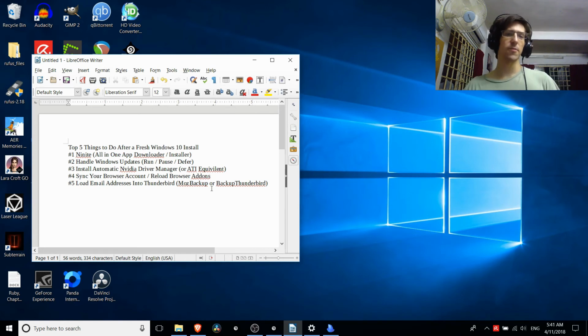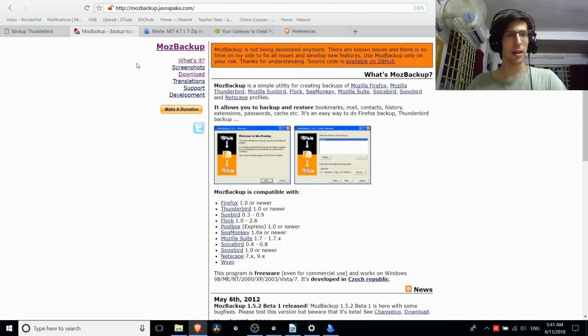So number 5 is for anyone who uses an emailing client, especially if you have a lot of different email addresses. Because if you use a tool like Thunderbird, you're going to want to get all of your emails back in there. So as a tool which allows you to check and read and write for multiple email addresses at once, you can get that back up and running in the same way that you had on your previous system. So there's a couple decent tools out there in order to do this. One is called Moz Backup, which is what I normally use. That would be found over at